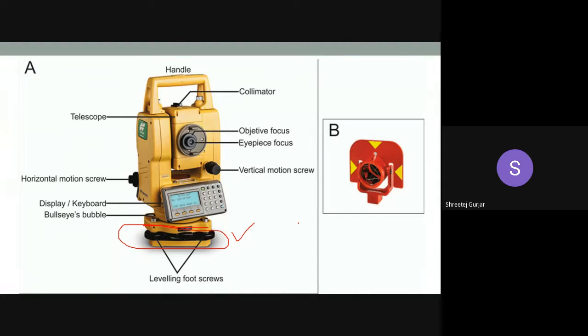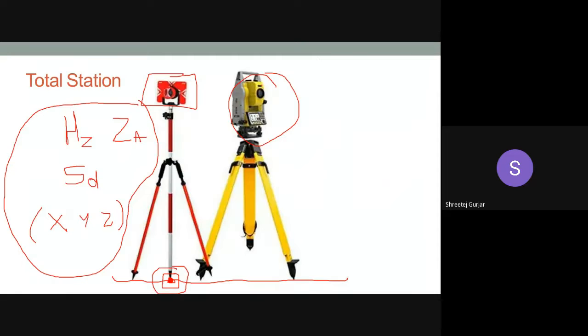Okay, suppose your instrument is very far out, it is not level, it is very much tilted, right? A small tilt it can manage, but if it has a large tilt, the vertical compensator will give you an error on your screen. Tilt error it will show. So what you have to do then is manually, using the foot screws, approximately level it. Okay, and the minor tilt, if it is there, will be taken care of by the vertical compensator.